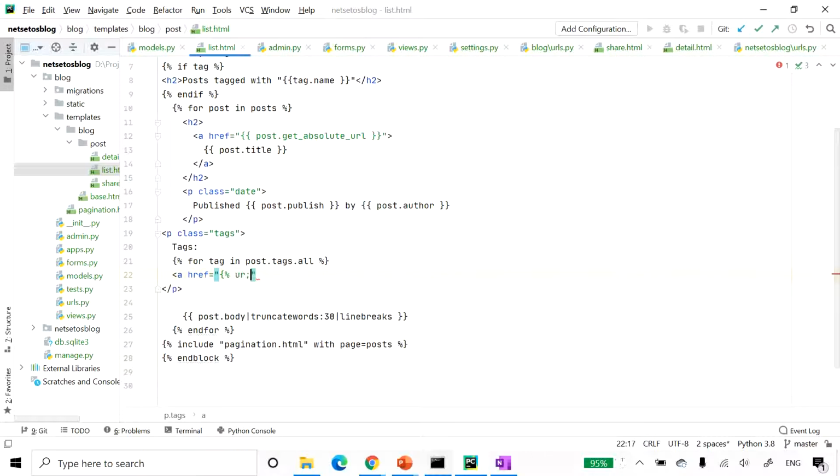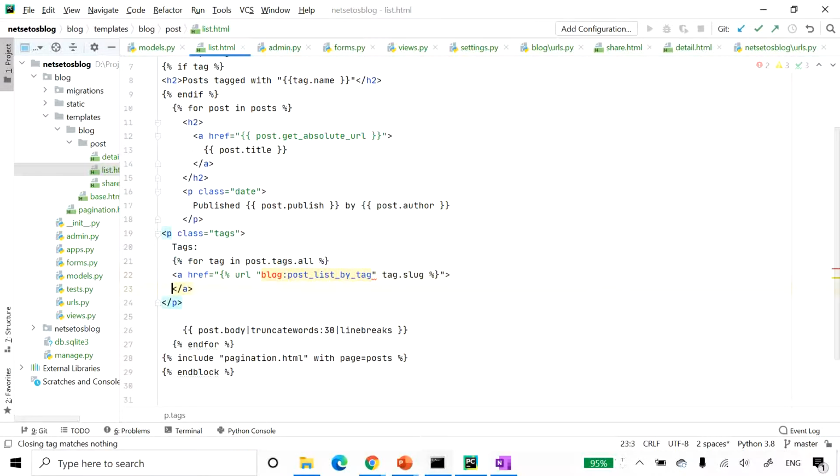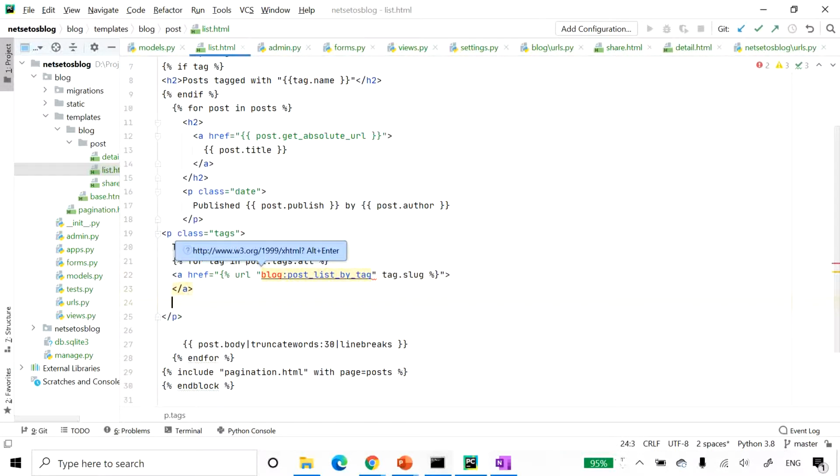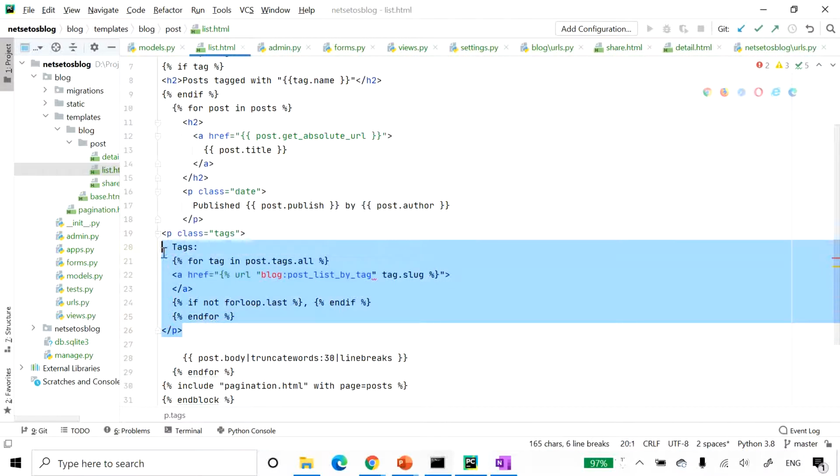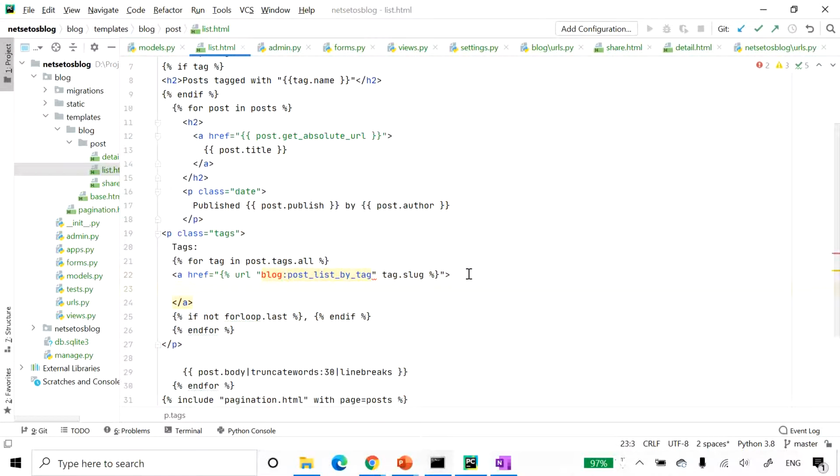Let's give the URL blog post underscore list underscore by underscore tag, and here we will have tag dot slug. Let's close this, and after a tag I will give if not for loop dot last and end if, and then we will close the end for, and here p tag has been closed.